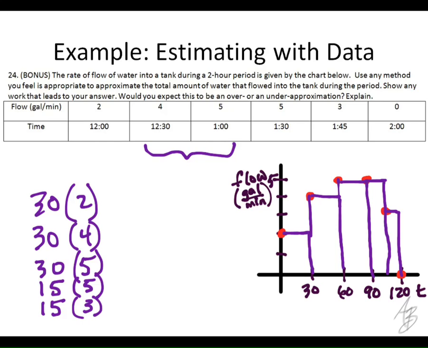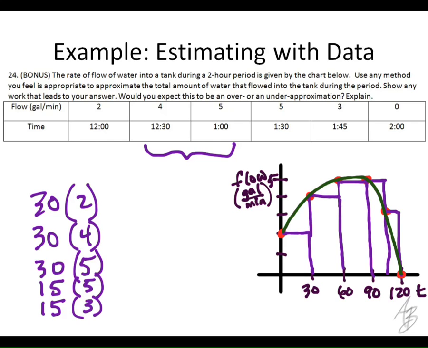Now, if you did it this way, do you think this would be an over approximation or an under approximation? Why? That was one of the questions that was asked here. Why would you think that it's under approximation? Okay. What I would do to answer this question is draw a picture of what the flow might actually look like. It's not going to be a stair-step graph like this, but it's going to be more of a smooth curve, more than likely. So if we draw a smooth curve that goes through all of those points,